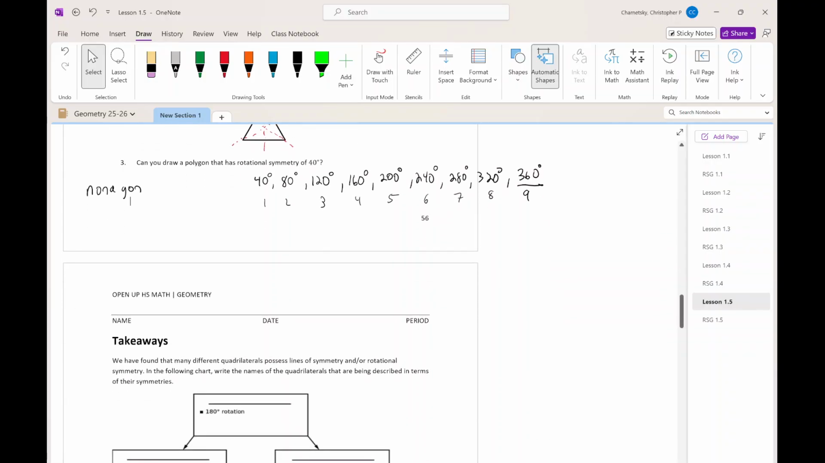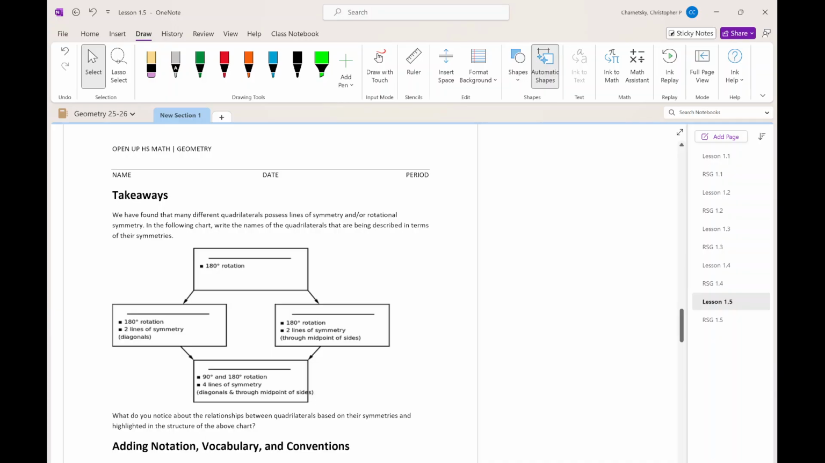Okay. Our takeaways. So the shape that only has a 180 degree rotation and no lines of symmetry, that is going to be our parallelogram. Okay. And then under that we have some subcategories of parallelograms. So something that has a 180 degree rotation but 2 lines of symmetry through the diagonals, that is going to be our rhombus. Right? If we go back up,